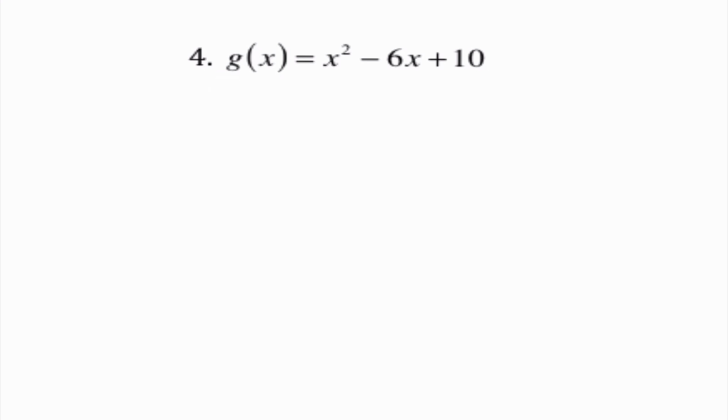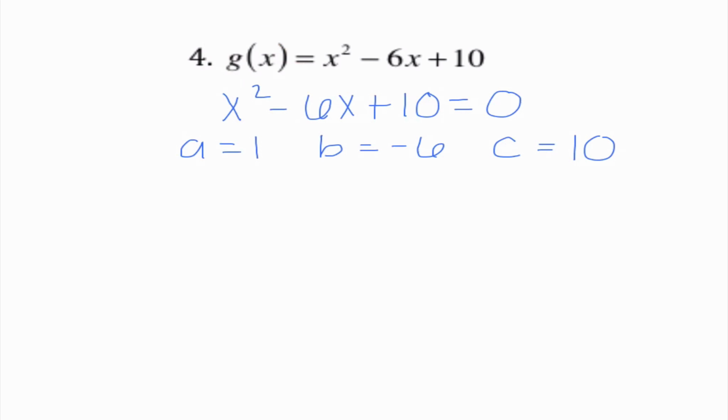Moving on to number 4, this time it says g of x, but we know g of x just means y. So we're going to go ahead and set it equal to 0. So our a value is 1, our b value is negative 6, and c is equal to 10. So when I substitute this in, the opposite of b plus or minus the square root of b squared minus 4ac